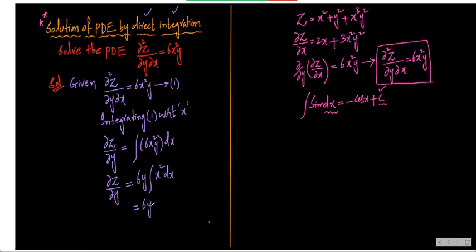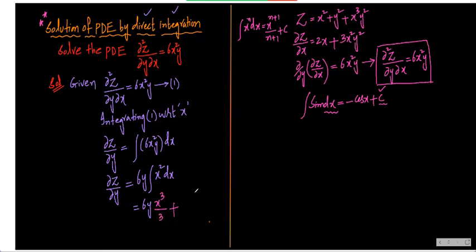The x power n formula, you remember? The integral of x to the power n dx is equal to x to the power of n plus 1 upon n plus 1, plus c. So here, with n equal to 2, it is x cube by 3 plus